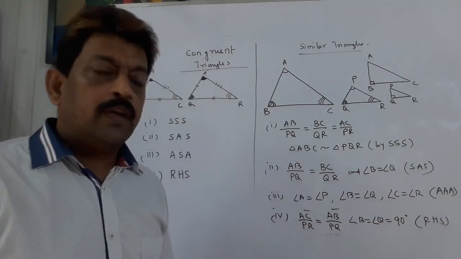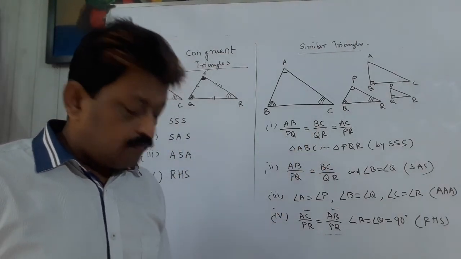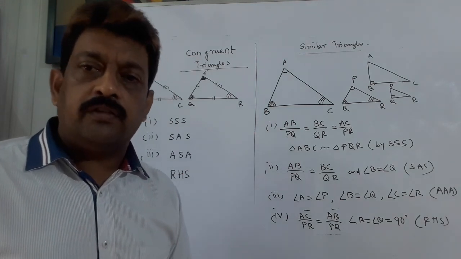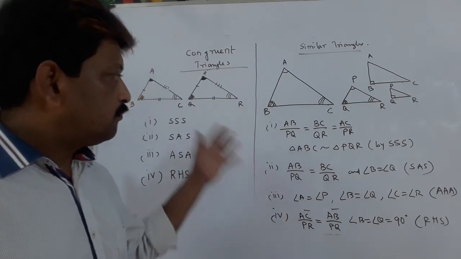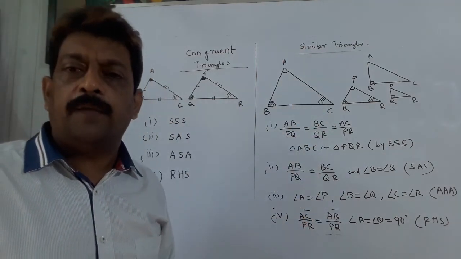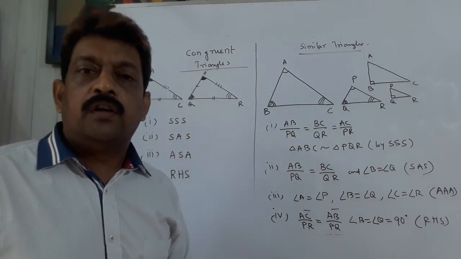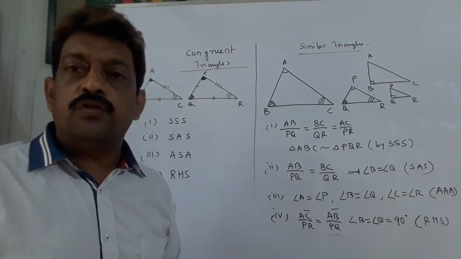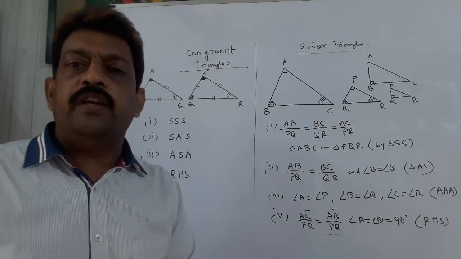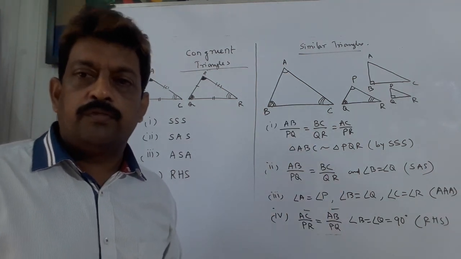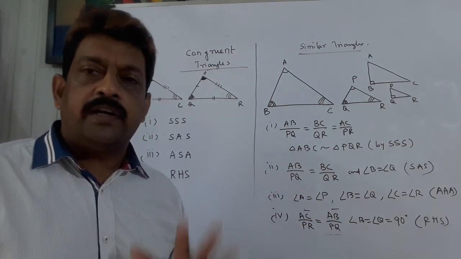Hope you have understood the difference between congruent triangles and similar triangles. So today I am concluding the class here. In the next class we will solve a few problems based upon this topic, similar triangles. These are the basic things. Just go through it, try to understand it, and when we return in the next class, it will be very easy for you to understand the problems, because there are different types of problems based on this topic. Okay, so let us meet in the next class.